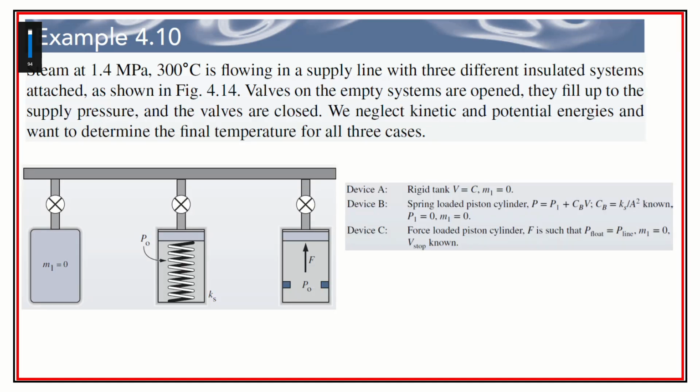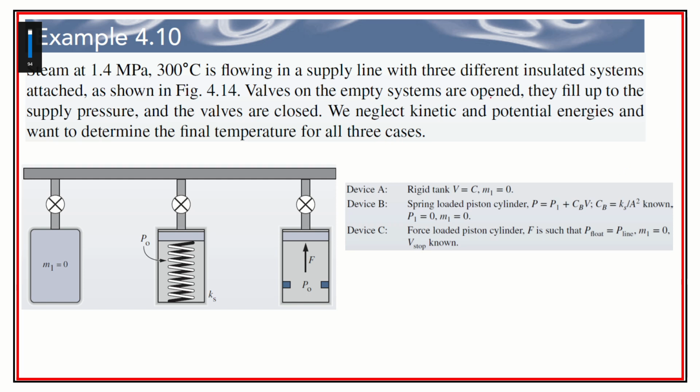Okay, so here we are. We had example 4.10 for my class 16 at the University of Hartford in Thermodynamics. So let's read it. Steam at 1.4 megapascals, 300 degrees Celsius, is flowing in a supply line with three different